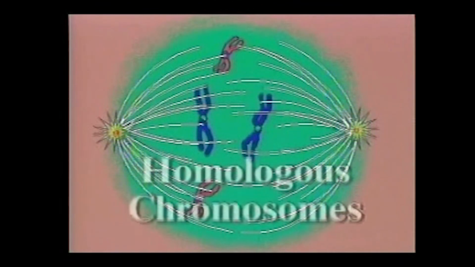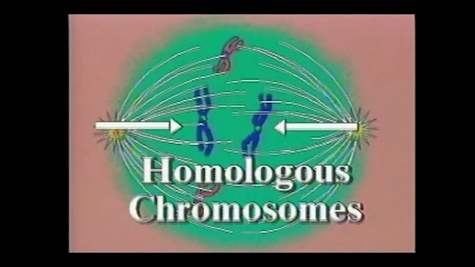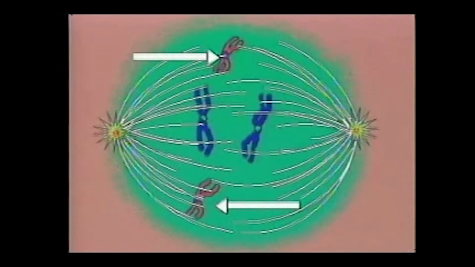Thus, prophase can be defined as the stage of mitosis when the chromosomes first appear, and the nuclear membrane and nucleolus disappear from view. As prophase progresses, the chromosomes become more distinct, and now that they can be seen, a rather odd fact becomes apparent: chromosomes are always found in groups of two, called homologous chromosomes. This means there are two copies of each chromosome present in every cell of the body, with the exception of certain sex cells. In our example, there's one pair of tall chromosomes and one pair of short chromosomes.